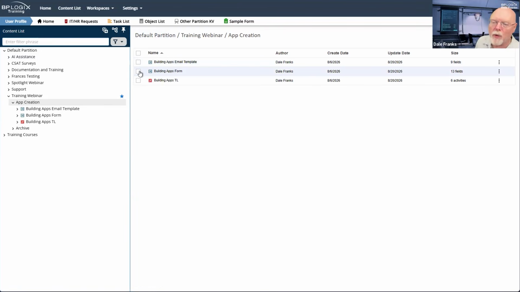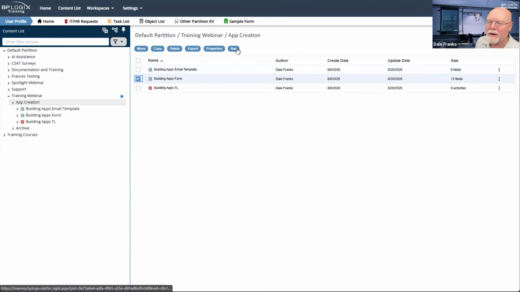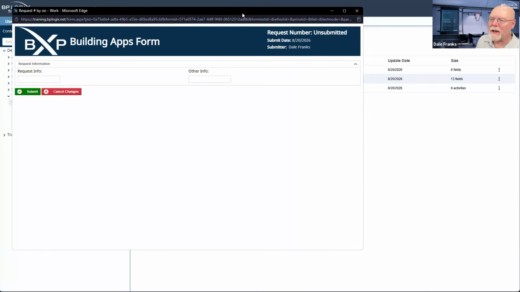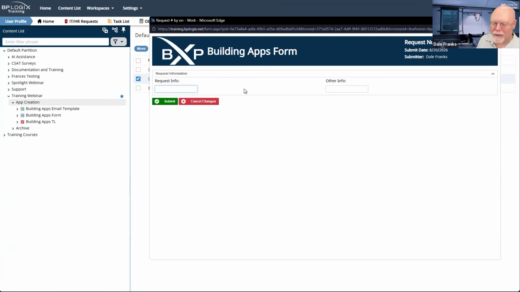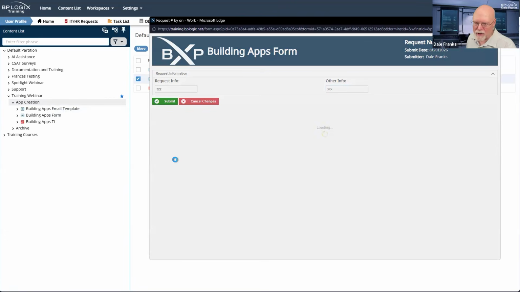So we're going to do one more test here. Now that I've corrected that system variable. ZZZ, XXX, we'll submit. That will take us to our supervisor approval. And once again, we're going to go do the same thing. We're going to approve.